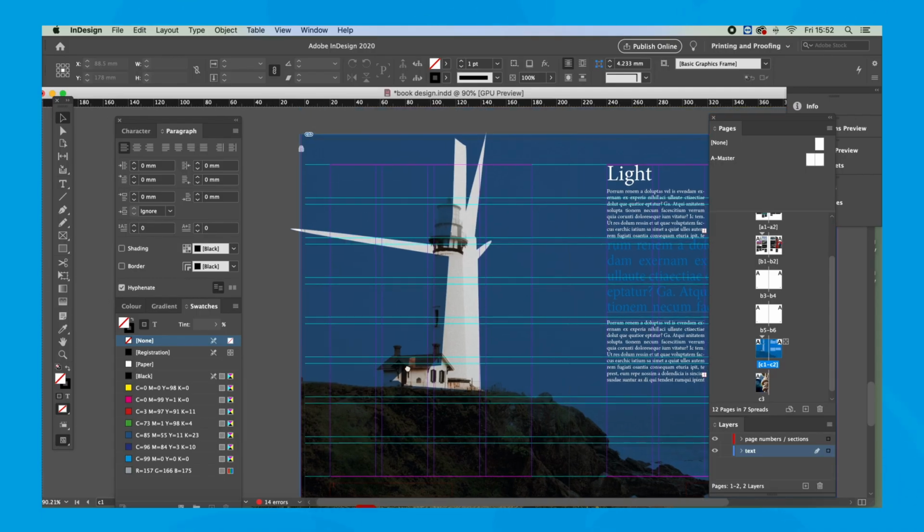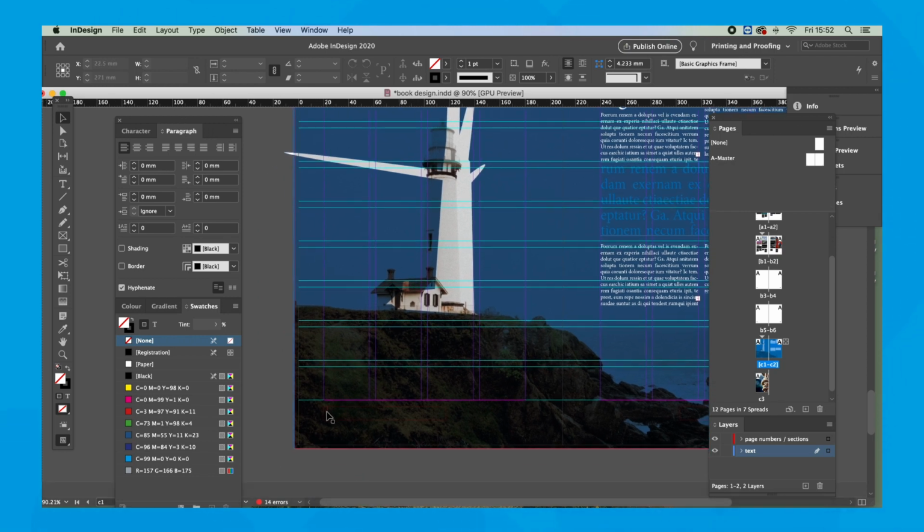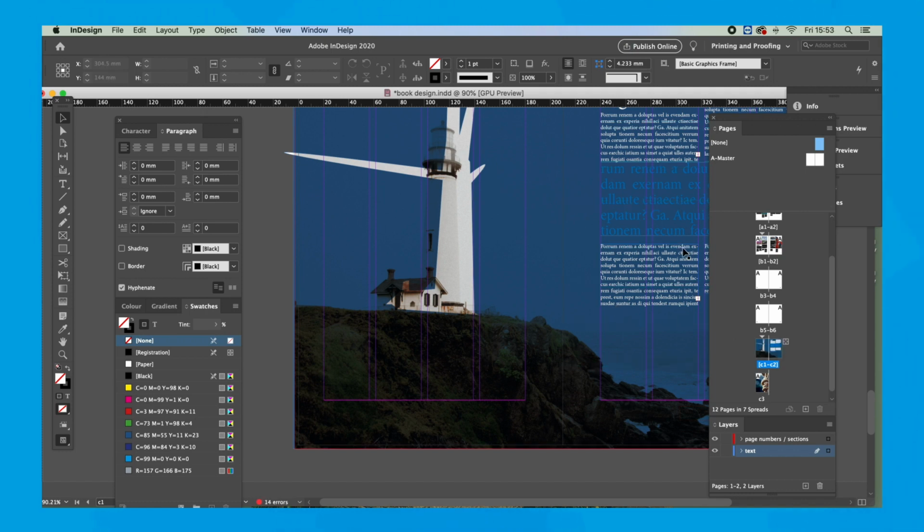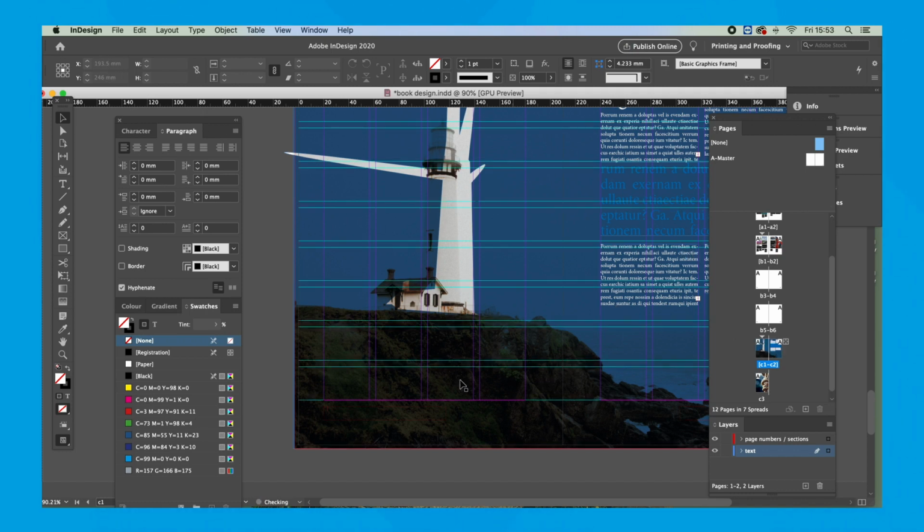Step 4. So going back to our dark page here, obviously we can't see these page numbers, but we've got 2 options here. You might decide that you don't want page numbering on these ones, or for example you might have an advert in your magazine and you don't have page numbering there. So all you can do is pull down this master page that says none, and you can put that onto the page, and it will just take away the page numbering. But I don't want to do that. I want this to be seen on this page.